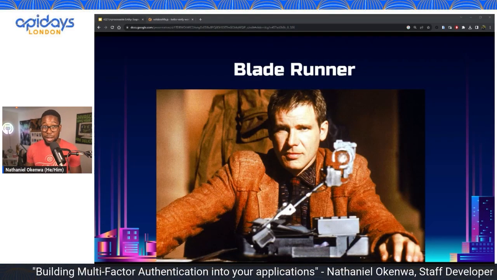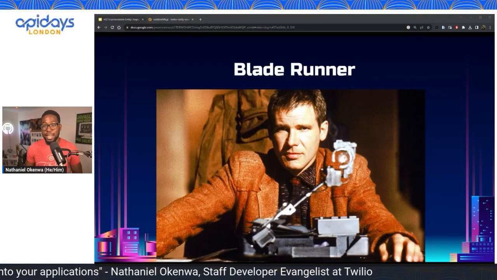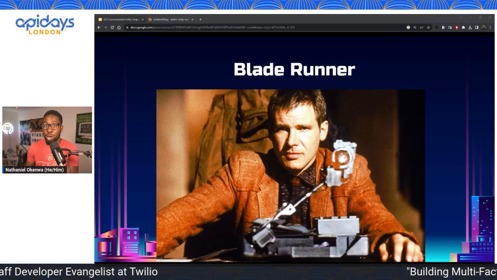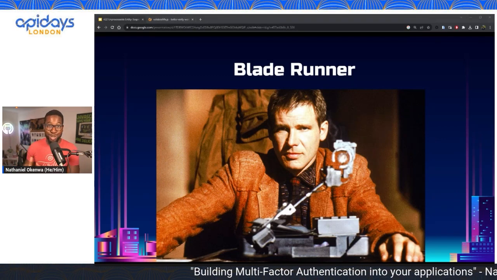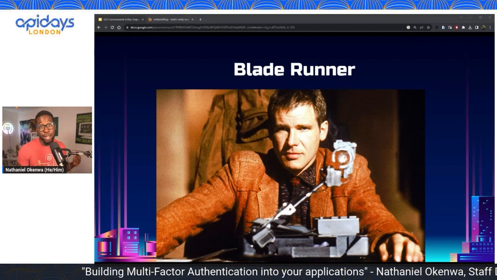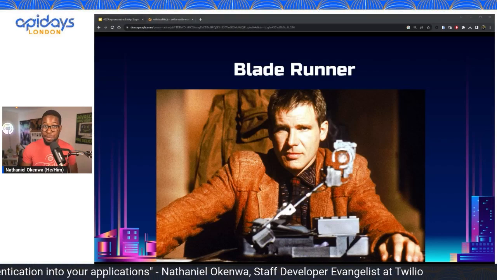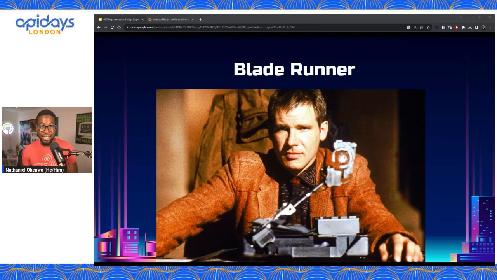Now, the main character is played by Harrison Ford, and his name is Rick Deckard. And so his job as the Blade Runner is like a kind of police officer. And his job is to track down these bioengineered humanoids, the ones that are called replicants. Now, the humanoids look, act, talk almost exactly like humans, and it's very, very hard to distinguish between the two. And oftentimes, these replicants, they actually do crimes or have risen up against humanity. Classic robot stuff. And his job is to track down four of them and to permanently retire them.